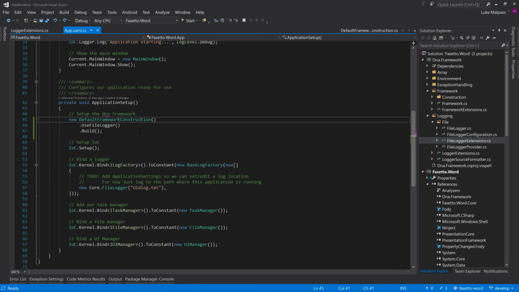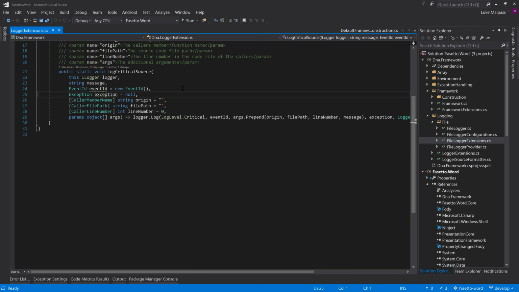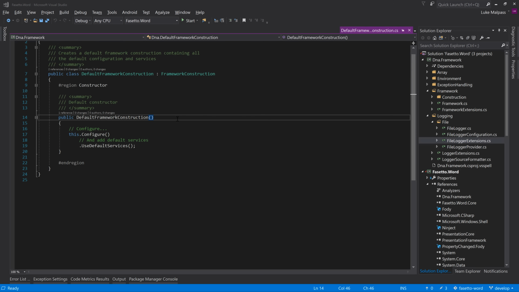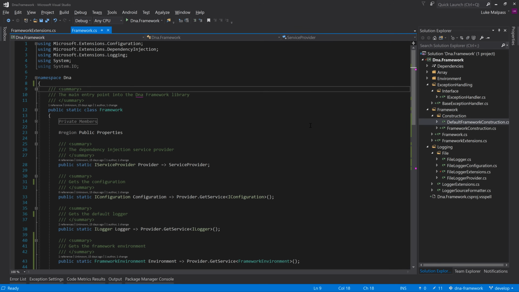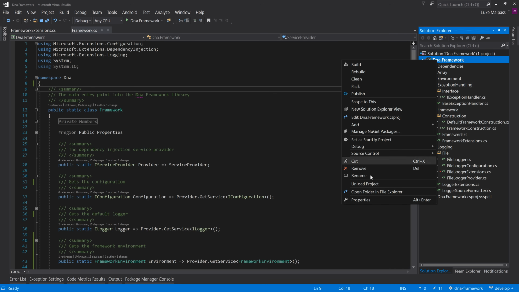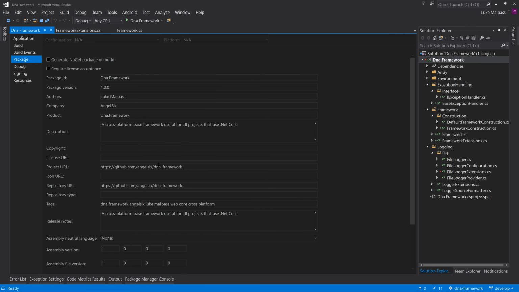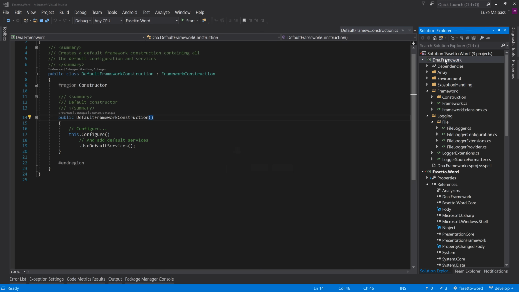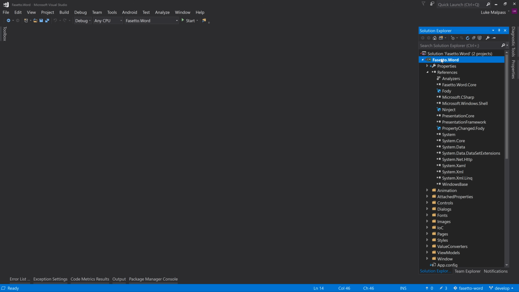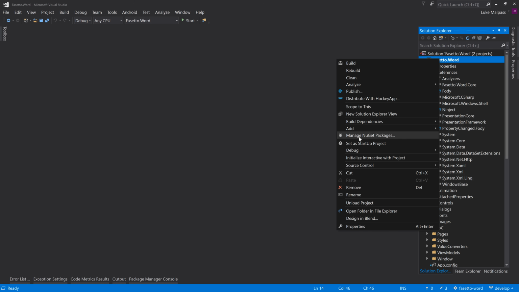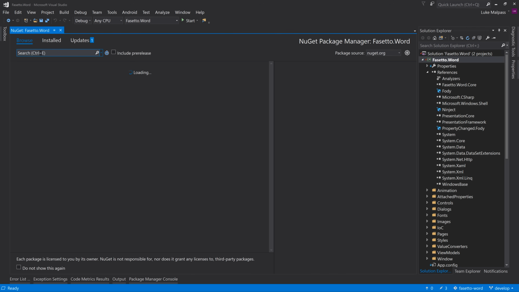The one thing I do want to mention with the NuGet package, I'll now push a new one live for the DNA framework, so this framework. What somebody noticed when I pushed this live was the NuGet package had no, once you reference a NuGet package, so I can actually show you this, it's easier just to show you. So I remove that from Fasetto Word, and I manage NuGet packages, browse for dna.framework,